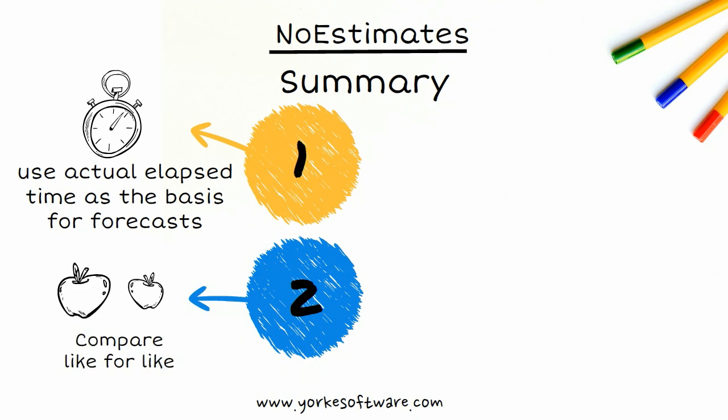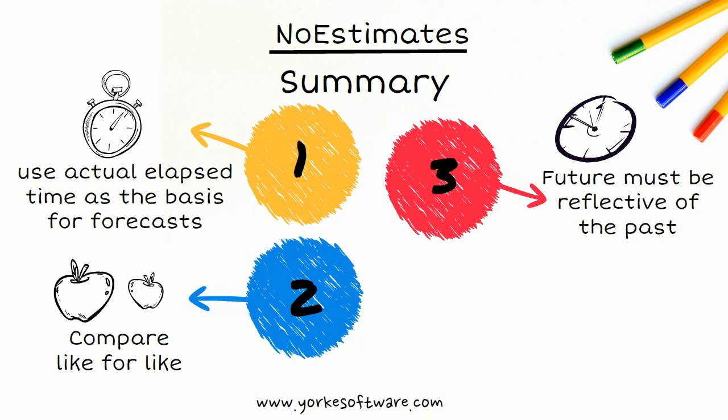2. When forecasting, your metrics should be comparing like for like. Comparing completed user stories, where there are some that have been split or discarded, with a backlog of unrefined stories is going to lead to misleading data and misleading forecasts. 3. Do you expect the future to be reflective of the past? If your team has changed, or if you've been working on some low-hanging fruit or on a complex area of the system for a while, and the next area of focus is different, you can't expect the same results.